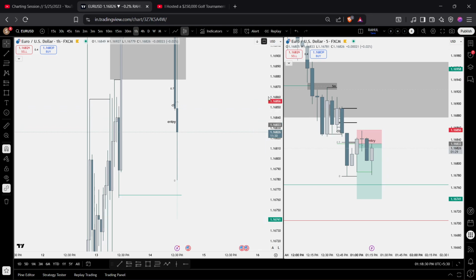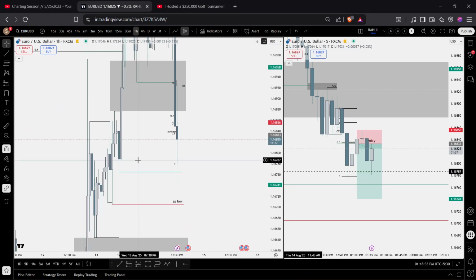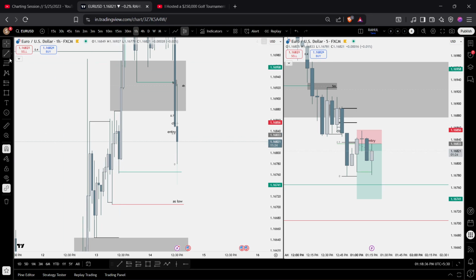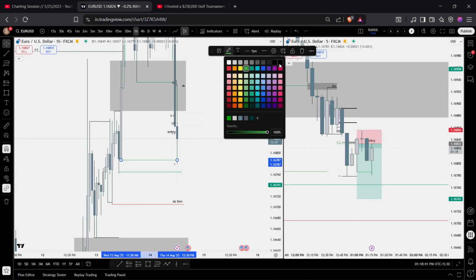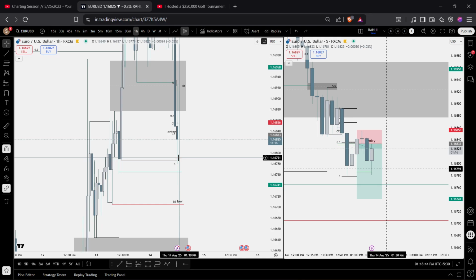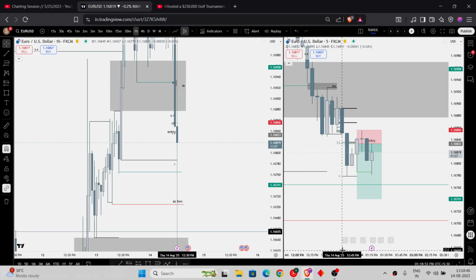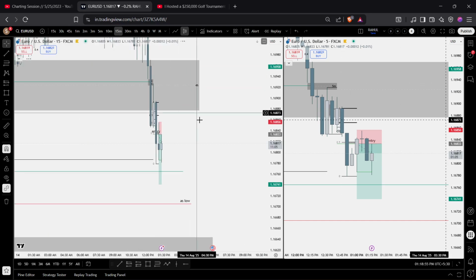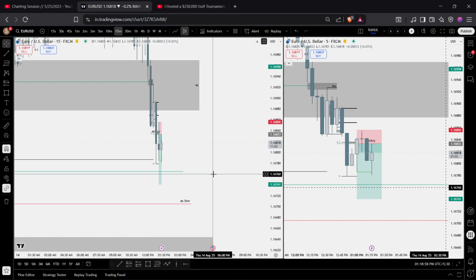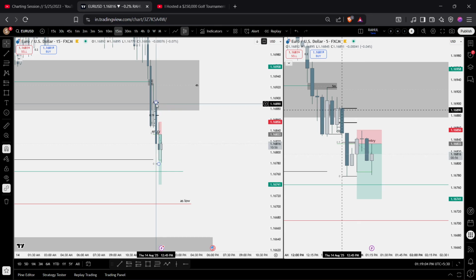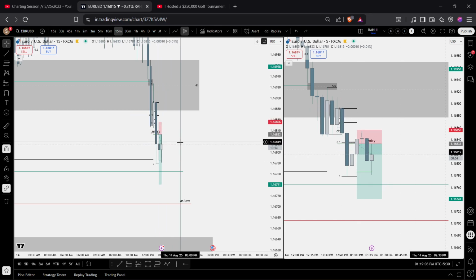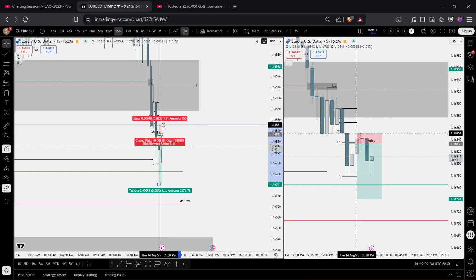The 1 hour is rejecting this low. This low did get saved. This was a 1 hour low, so a major low. I think this is what is causing the bullish order flow, bullish price action. The 15 minute also did save that. I think it was a smart move to put my stop loss to break even. Technically it was here, so I reduced it to here. So technically it is a break even trade from here to here.